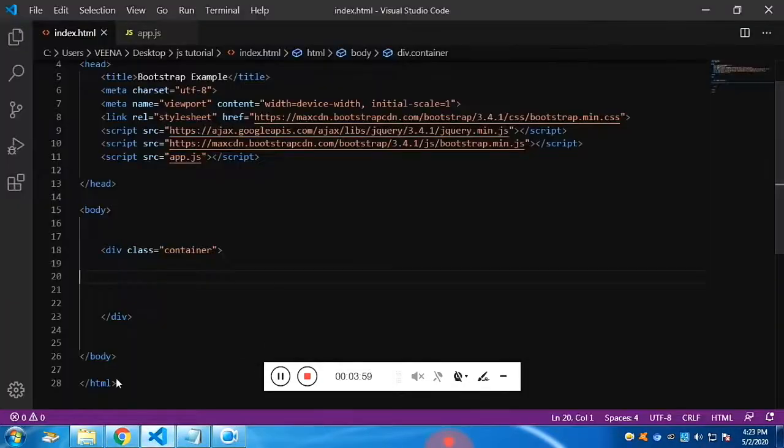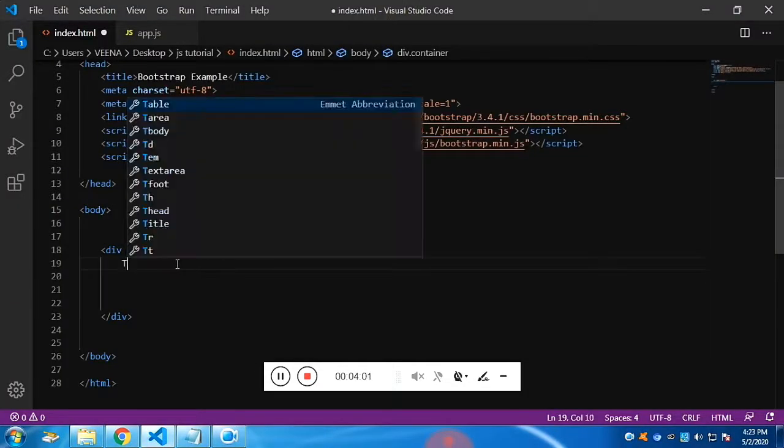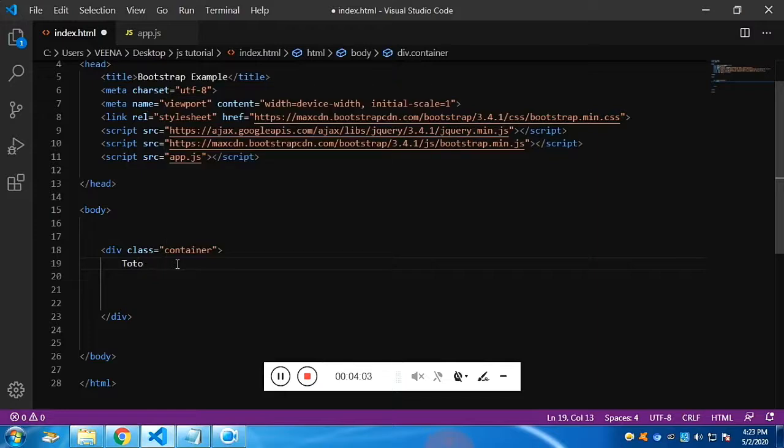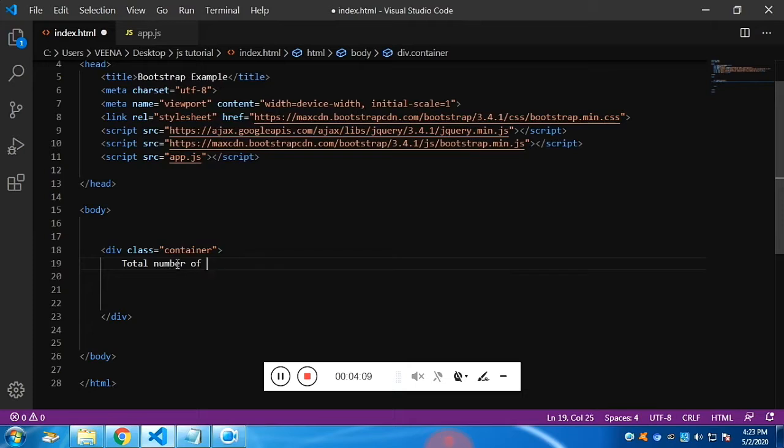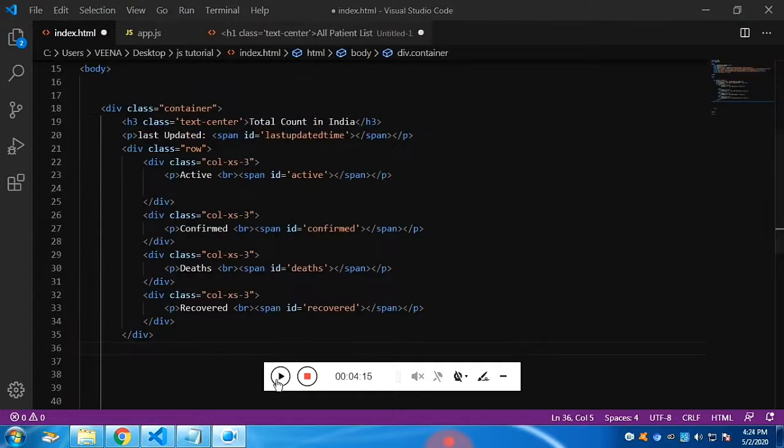I'll pause the video and paste all the HTML required, and I'll demonstrate what markup we need. We will use a simple markup. We will not use CSS at all because this is a JavaScript project. In the top section we have a heading and a paragraph.